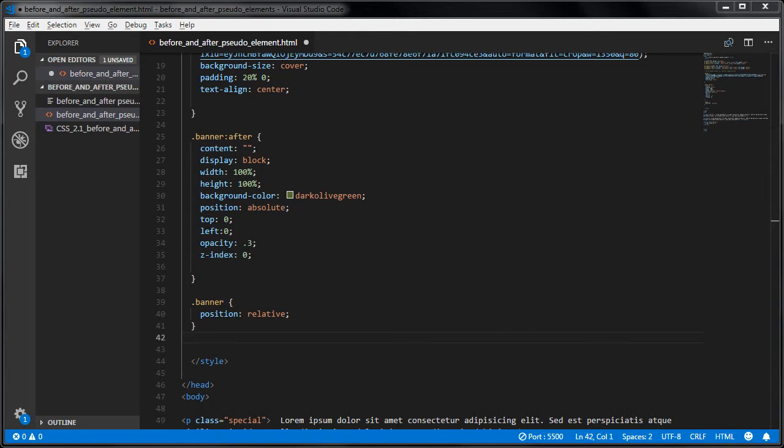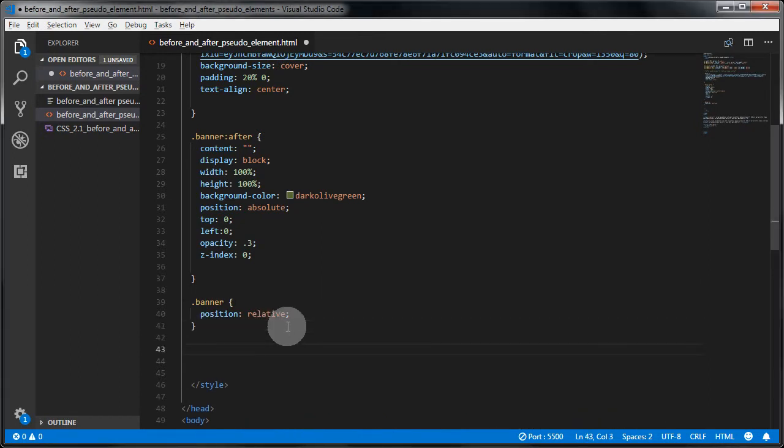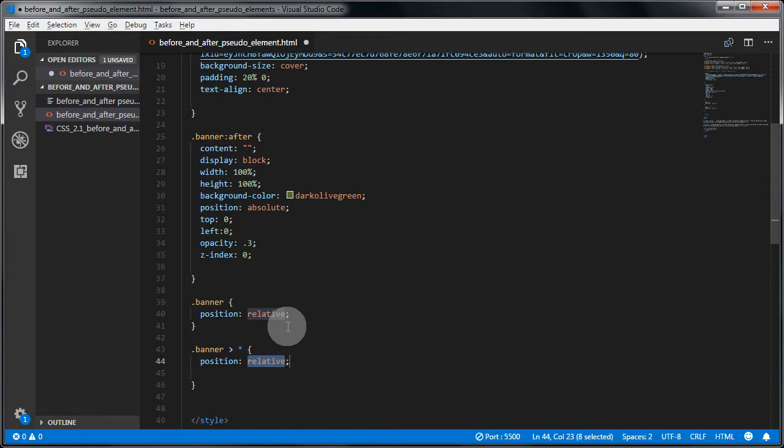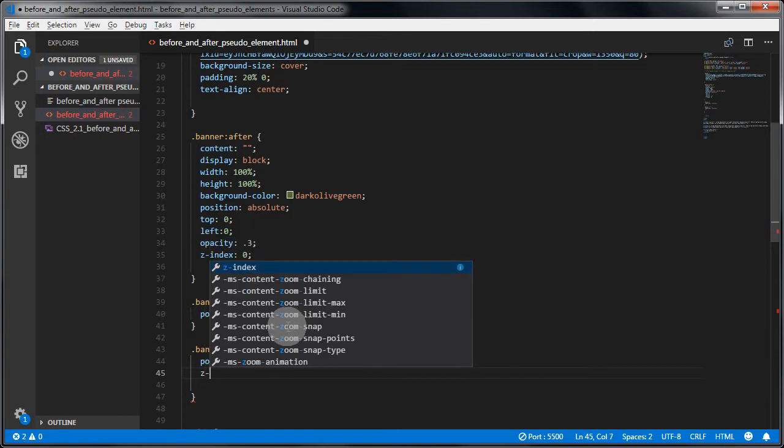will make our overlay box sit between the image and the h1, but we have to create one more rule here. So this rule is this. It's gonna be banner, then the universal selector, basically select all descendants of the banner, and we're gonna give it position relative, so they sit relative to itself. This is because z-index works only with positioned elements. And this one we're gonna give z-index 10,